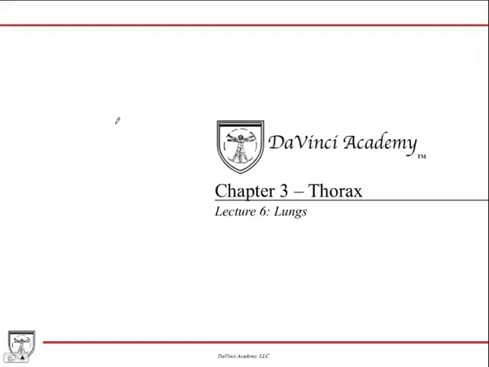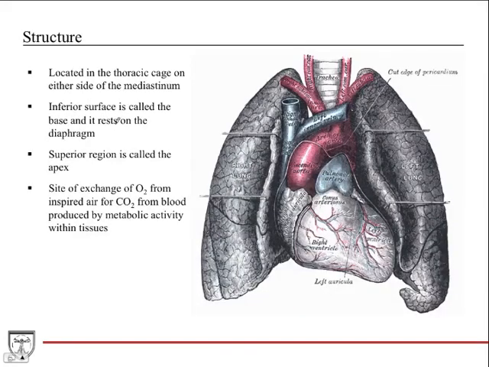Alright, so in this lecture we're going to talk about the anatomy of the lungs. So the structure of the lungs, it's located in the thoracic cage on either side of the mediastinum, and the mediastinum, as we're going to talk about in a few lectures here, is this central portion of the thoracic cavity that contains the heart, the great vessels, several other structures, and so the lungs, right and left lungs sit on